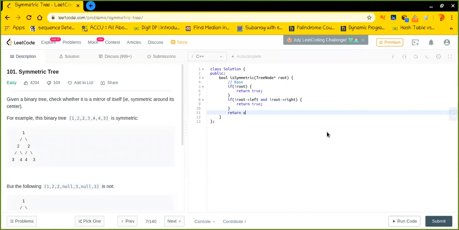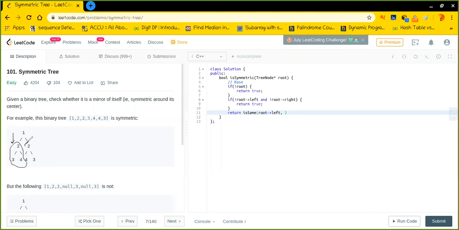Let's check is same. Let's call it isSame. Root's left. I'll pass the tree which is rooted at root's left. That means I'll pass this particular subtree. Just a second, guys. Let me draw so that it can be more clear. For example, I'll pass this particular subtree, which is rooted at root's left.